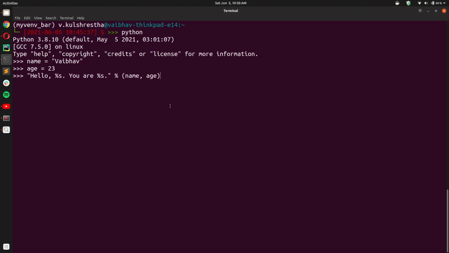Hello %s, you are %s, and after the string literal I will write a percentage sign, and inside a tuple, which is open and close parenthesis, I will supply the names of the variables that I want to use, which here are name and age, in the order that I want to use them. After I pressed enter, I got hello Vaibhav, you are 23, which seems alright.